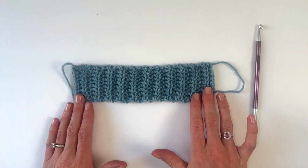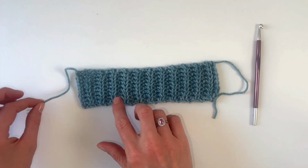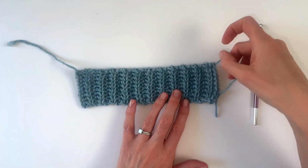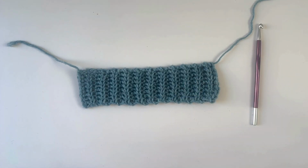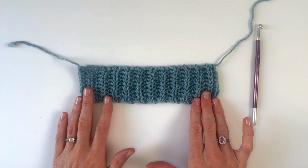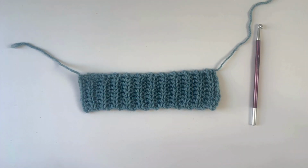And just a little tip for counting these rows, because it can be a little bit tricky sometimes. So if you have a look at your tail here from your starting chain, if you finish on the same side as that tail, you're going to have an odd number of rows. So I think that is a useful tip when you are counting them. And for this stitch pattern, no matter what size you are making, you are going to need an odd number of ribbing rows because that is going to correspond to the stitches that we will work along the edge here